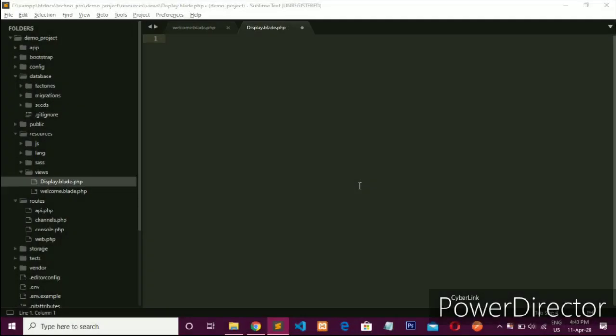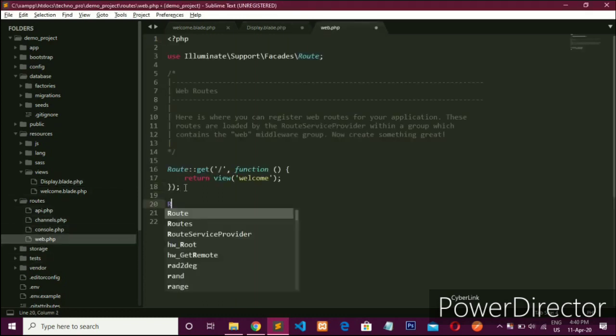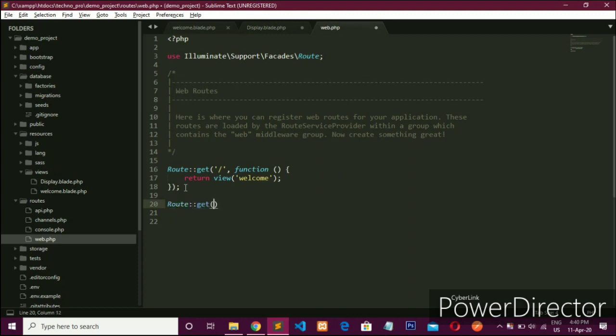First you have to make one route, so go to web.php and make one route, Route::get, in which you have to pass two parameters. The first one is for your path, meaning after public, if you pass display, then this route is called.